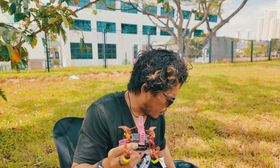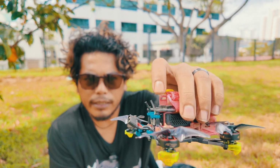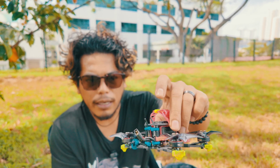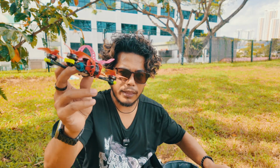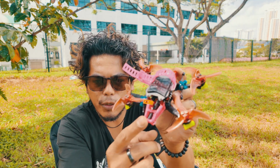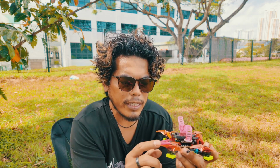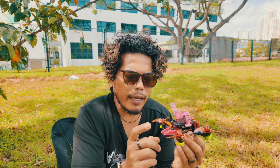And as you can see from my old P25, I'm not using any rear TPU. My antennas are just cable tied because I want to save weight, and also I want to keep it slick. But weight won't be a factor for this anymore because the O3 Air Unit is out of the door. So I decided to run the old TPU mount from the P25 that can house your GPS and your RX. The reason I'm doing this is because, first of all, like I said, weight is not a factor anymore, and this actually